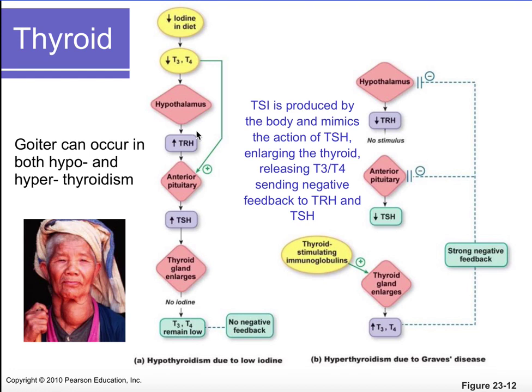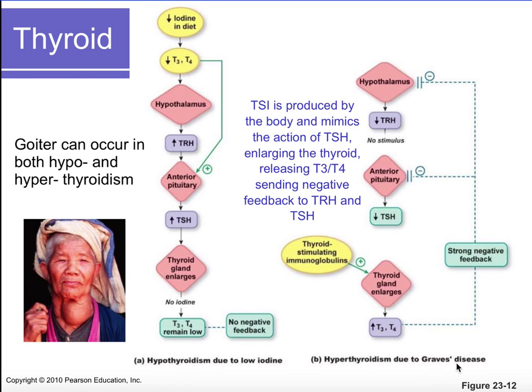So the stimulus continues, and what that results in is an enlarged thyroid gland, because you are constantly stimulating the thyroid gland, and the cells start to respond to that and increase in size. This increased thyroid gland, an extreme example of which is shown here, is known as a goiter. But just because you see a goiter in someone does not mean that they have hypothyroidism. It could also mean they have hyperthyroidism, and here's an example.